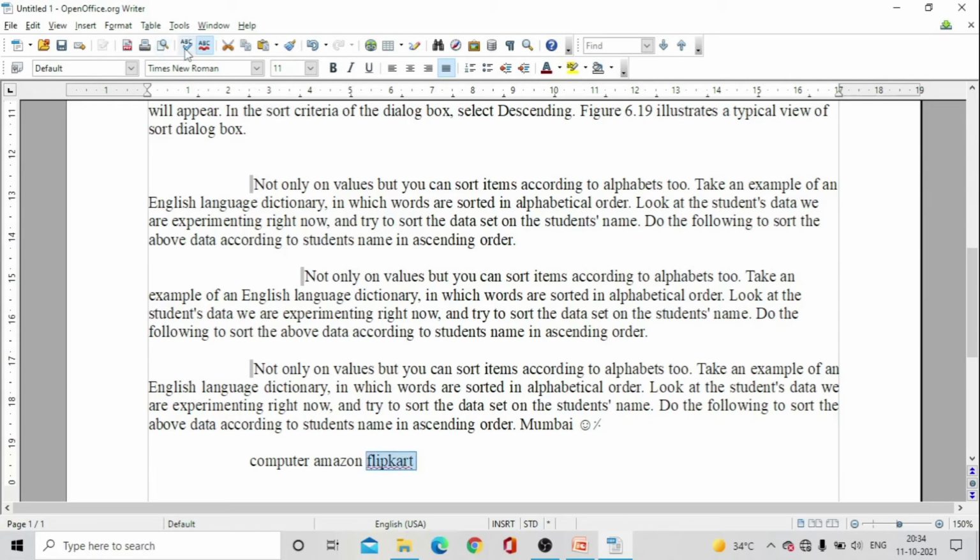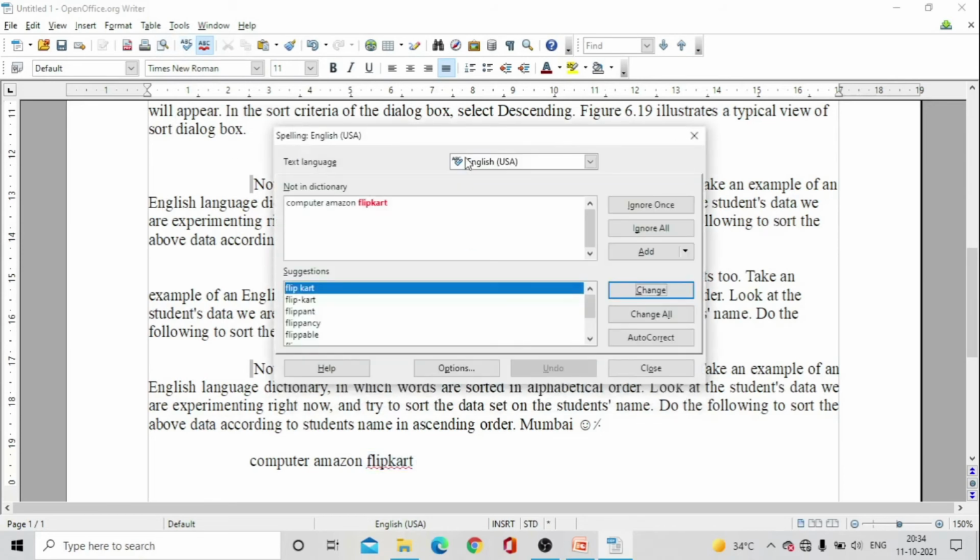Now I'll go for spelling and grammar check. This dialog box will be opened. Now here, as you can see, we have suggestions here, or I can ignore it. As you can see, the add option is also there, or we can autocorrect it and you can change all of the words like this. For now, time being, I have to add this word. So I'll go in this option, the add option.